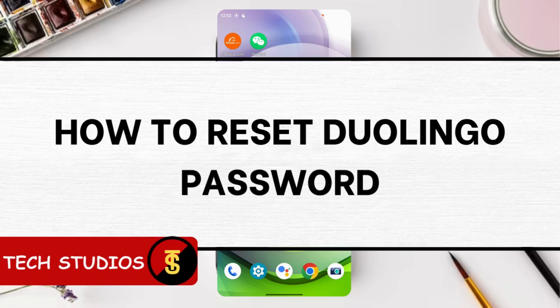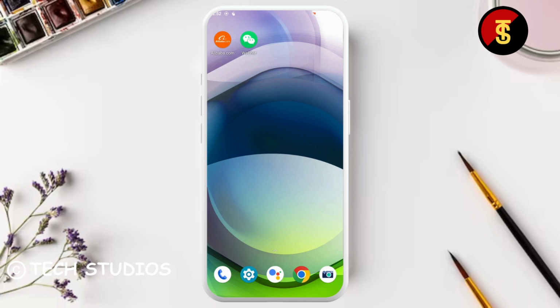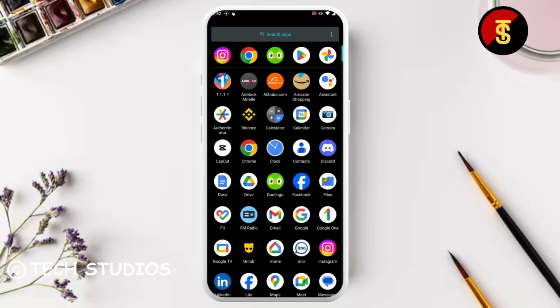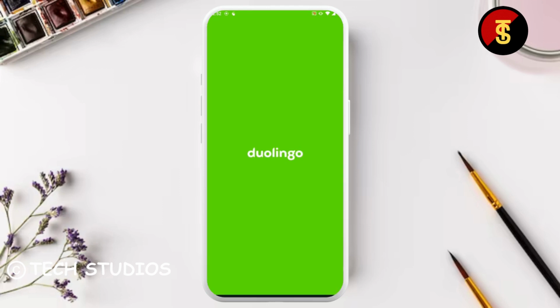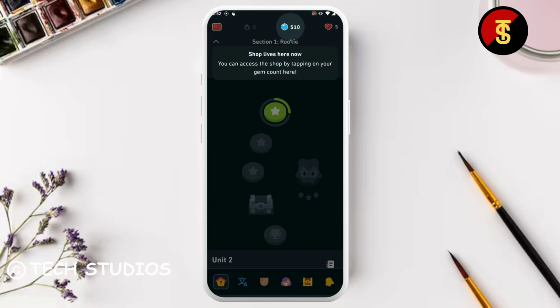How to reset Duolingo password. So let's get started. If you want to reset your Duolingo password, then what you can do is simply open up Duolingo. And after opening up your Duolingo application, now what you can do is you will find